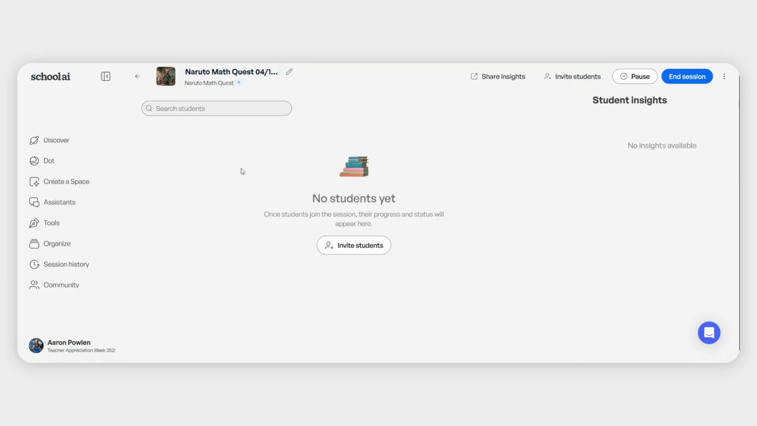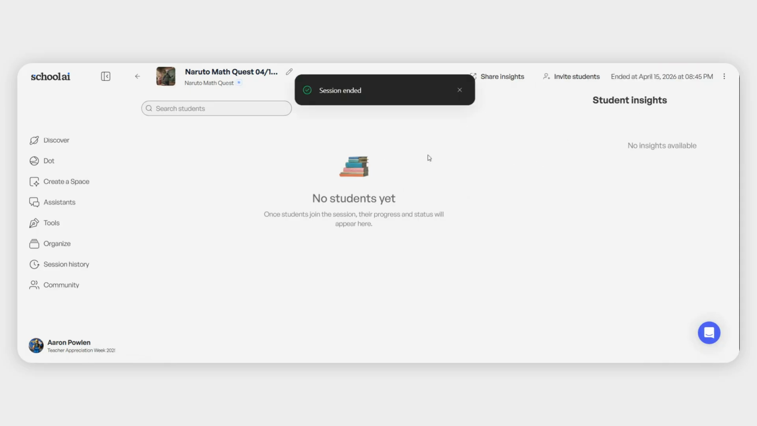Just tell them to use no more than their first name, or if you want to give them a code that they use, like a number in your class, not their actual student number. But then you'll see how their interactions went and everything that they've said with it. And it'll also give you some insights about how they did answering questions and what they seem like as far as their understanding. And then when you're done, you can always click end session,